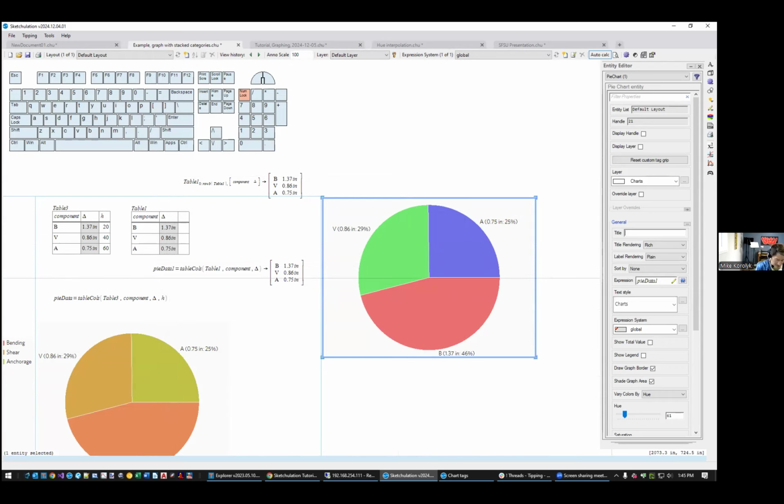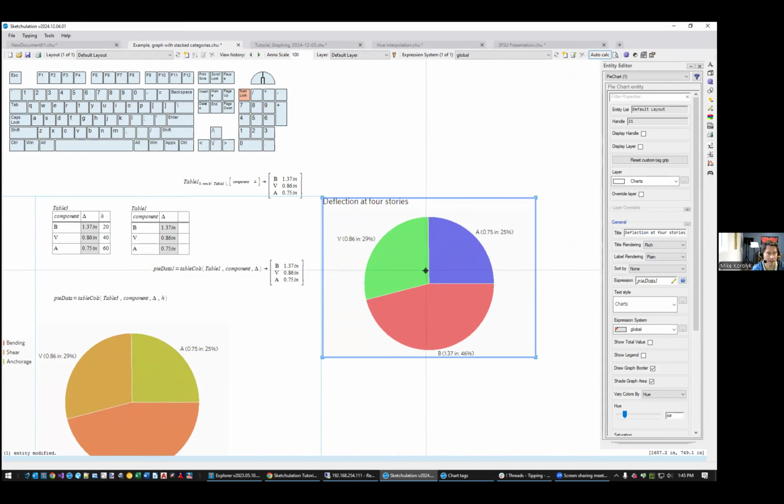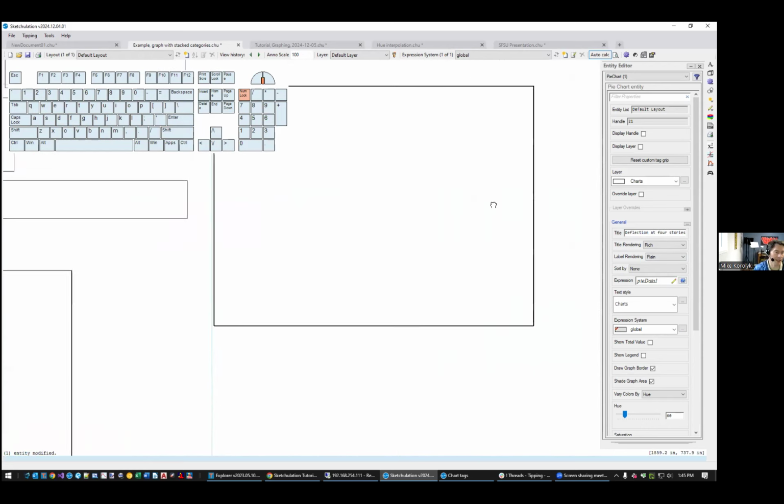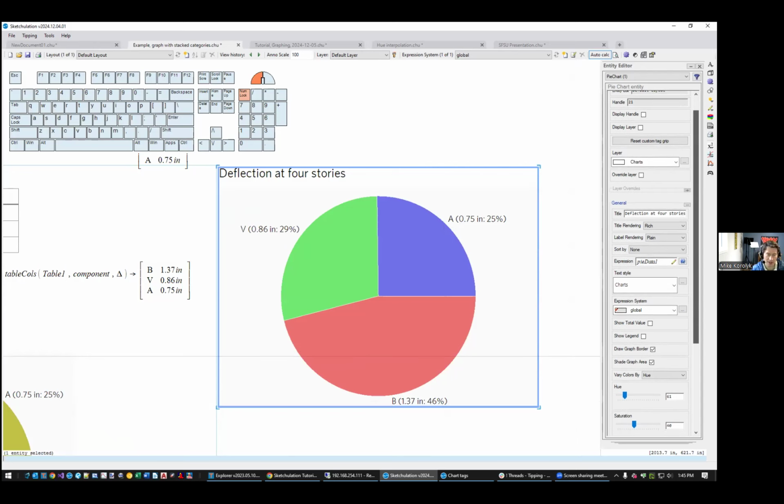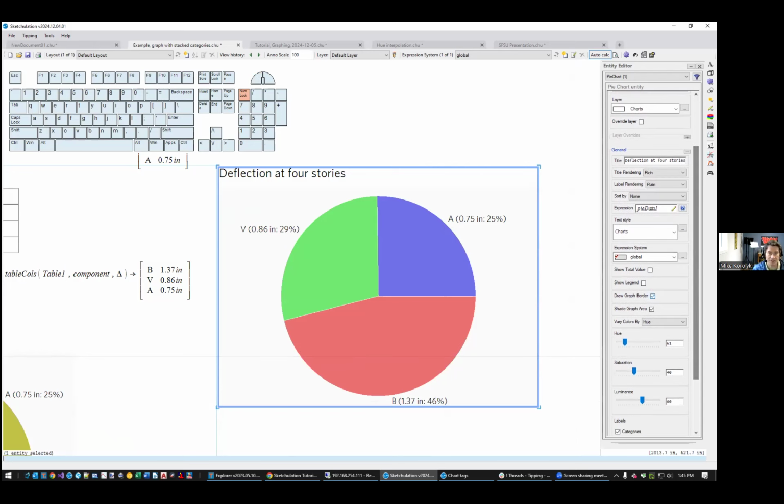I have a title, and let's see if that works. Let's see, we'll call this bending at 4 stories, or rather deflection, like that, and see the title works. And we can see these things as percentages. So the chart by default is going to